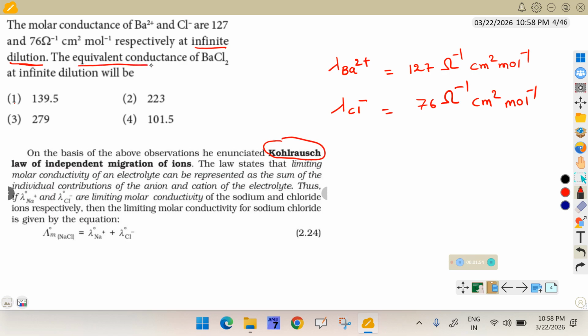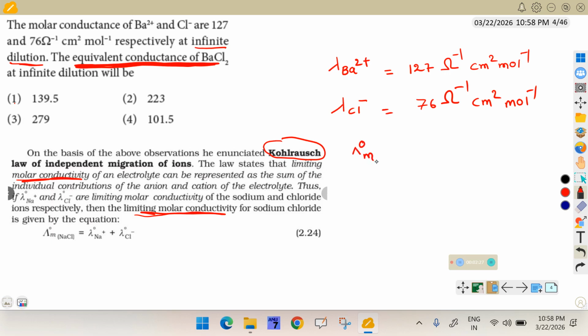The question is the equivalent conductance of BaCl2. But by using Kohlrausch law, we are able to calculate limiting molar conductance or limiting molar conductivity. We are able to calculate molar conductivity, but the question is equivalent conductance. Okay, then